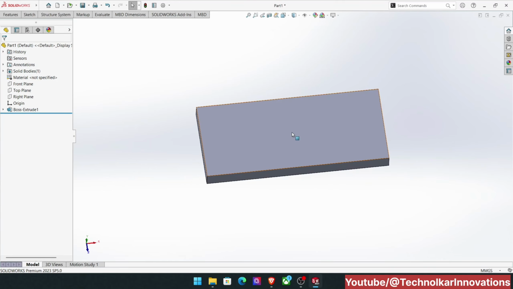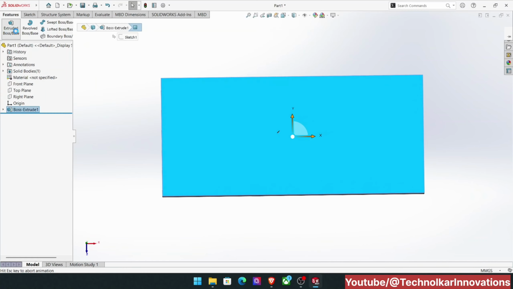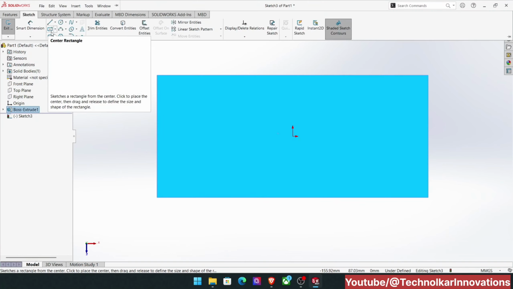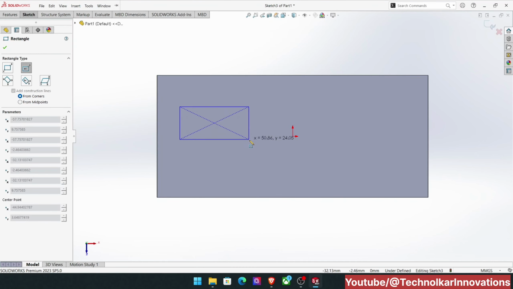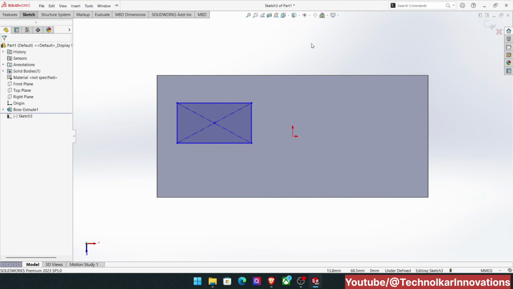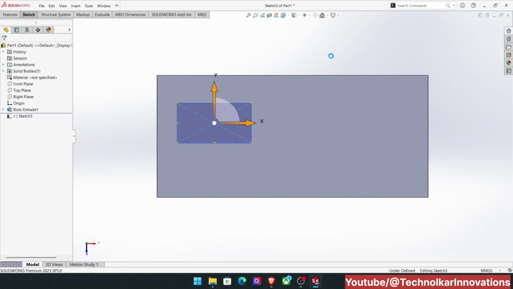So now I want to extrude on this surface. So what we will do is we will select this plane, and next we will select the extrude boss base option. So now this plane or this design will automatically become normal to your monitor. So next we will draw a normal rectangle, and we will not specify any dimension for that. We'll just select it. So now when you right click and select exit sketch,